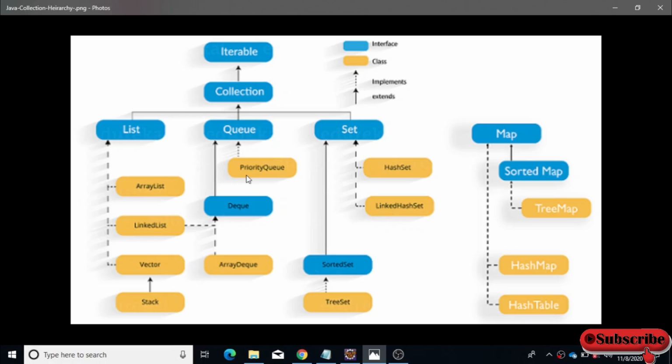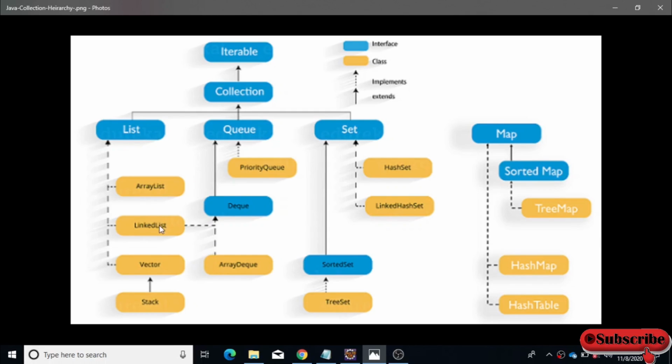This one is queue, and here you can see the priority queue, a class which implements the queue interface, and the deque interface extends the queue interface. You have array deque, and linked list also implements the deque interface.